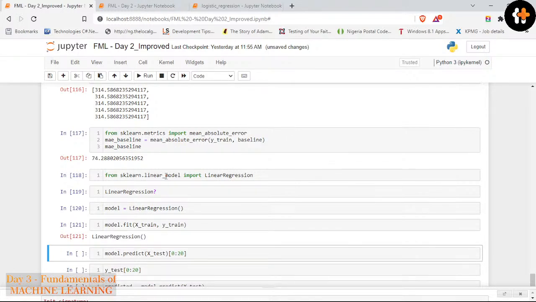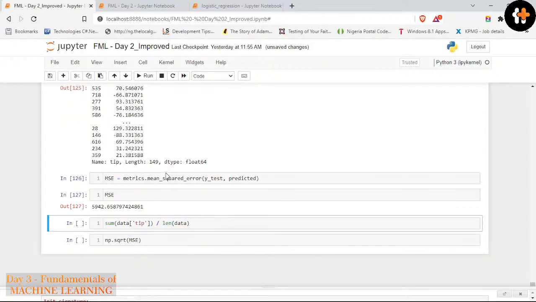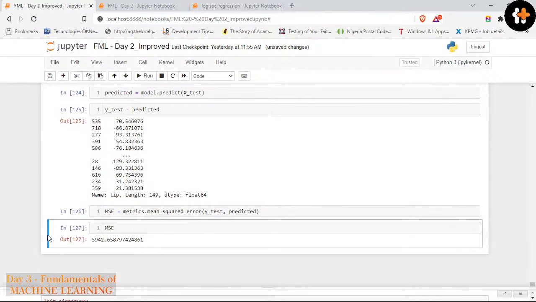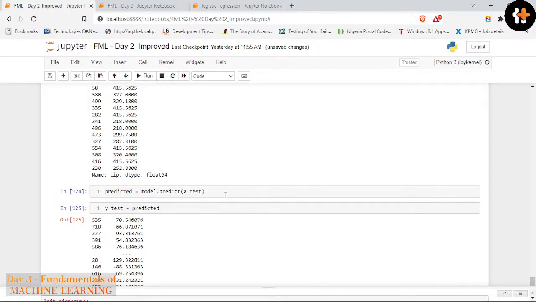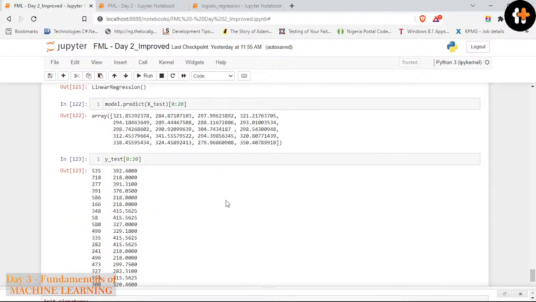After fitting the model, that is one of the benefits of using clean data to train our model. Our model will perform